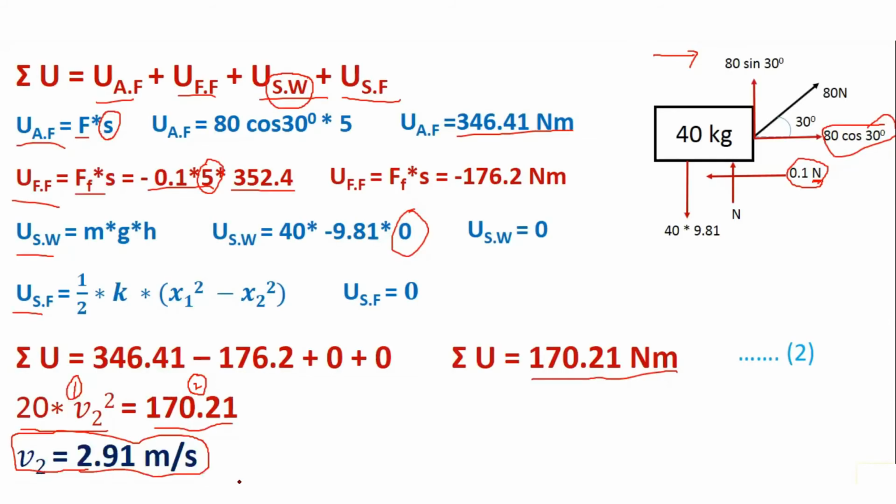So you can see that I have followed exactly the same steps which I told you in the previous lecture. Just to summarize, we need to first find out the normal reaction. Second step, find the initial kinetic energy. Third step, find the final kinetic energy. Fourth, find the change in kinetic energy. Fifth, find the work done by applied force. Find work done by frictional force. Find work done by spring force. Find work done by self weight. Next step, add all the work done. Final step, just equate work done with the kinetic energy and get the required answer. That's it.